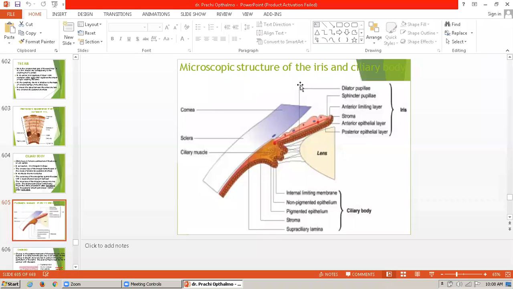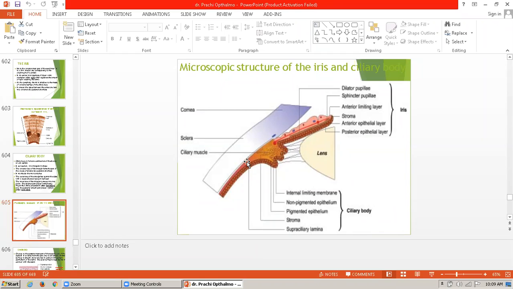The microscopic structure of the iris and ciliary body shows, in the iris, the dilator pupillae, the sphincter pupillae, the anterior limiting layer, then the stroma, below that the anterior epithelial layer, and just below that the posterior epithelial layer. This is the lens, this is the cornea, sclera, ciliary muscle and ciliary body. This whole part is the ciliary body, which consists of the internal limiting membrane, non-pigmented epithelium, pigmented epithelium, stroma, and